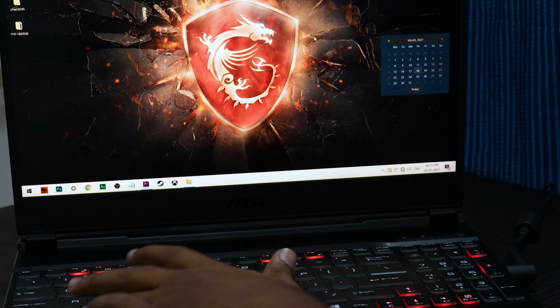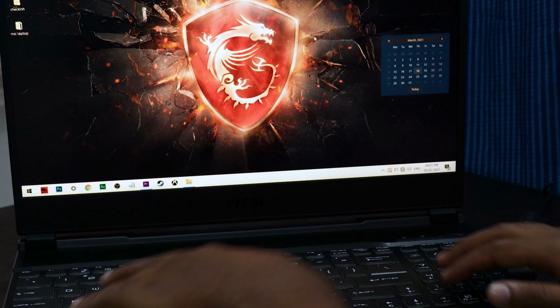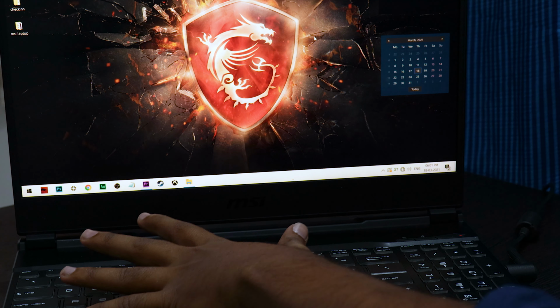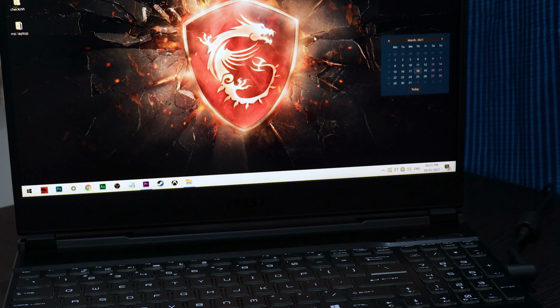And next setting is called extreme performance mode. Extreme performance is useful while you are gaming as well as in rendering, 3D software, and while editing like that. To enable the extreme performance with just one shortcut key, you need to press function plus the F7 key. Next option is called sleep mode, which many laptops already have.